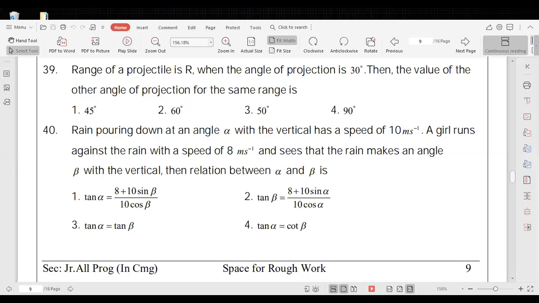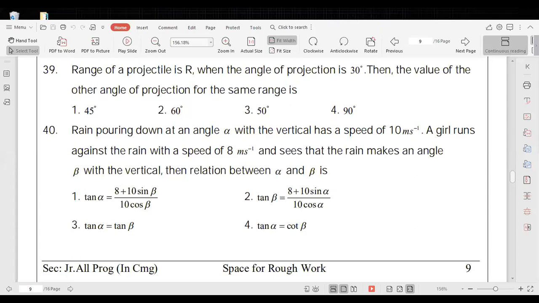Oh yeah, 40 is a good problem. Right, very good. Okay, 40th problem, good problem. It was previously asked once in Mains. Mains or Advanced, I think. But in one of the exams, Mains or Advanced, they asked this question.